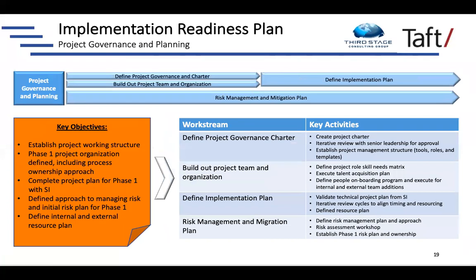And then finally, the final work stream that we talked through was project governance and planning. This is where we get the charter in place, build out the project team and the organization, and define what the overall plan is going to be, including but not limited to the project plan of what the system integrator or VAR is going to be doing. Keep in mind that their activities, or the things they've proposed to you, are just one work stream of many that need to happen. There's a lot of other things outside their scope that are going to need to be addressed, things like data migration, change management, any of the internal processes that are up to you, user